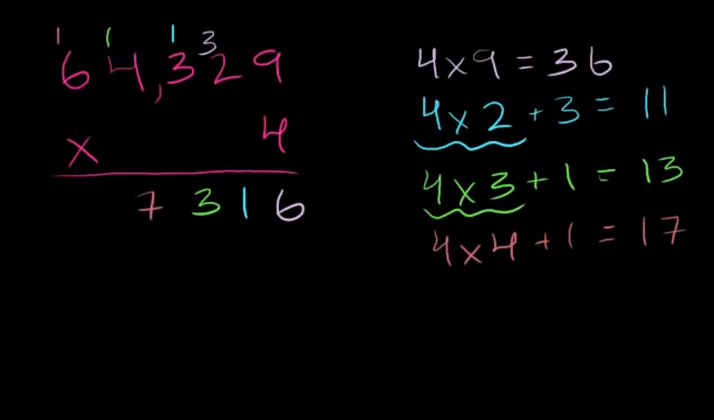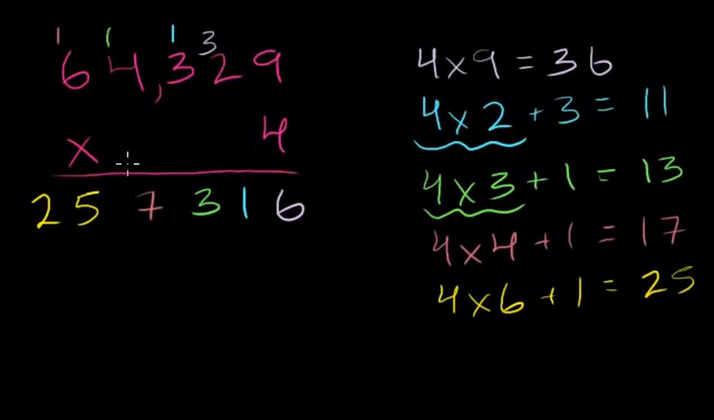We're almost done. And then we have 4 times 6 plus 1. What is that? 4 times 6 is 24, plus 1 is 25. Put the 5 down here. There's nowhere to put the 2. There's no more multiplications to do, so we just put the 2 down there. So 64,329 times 4 is